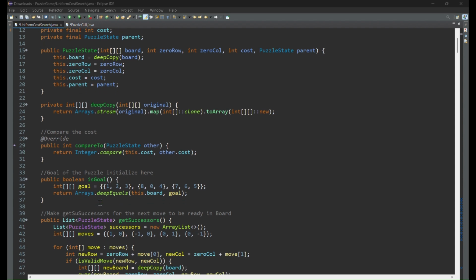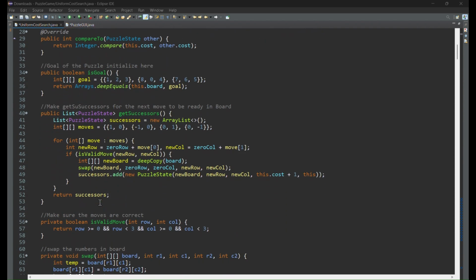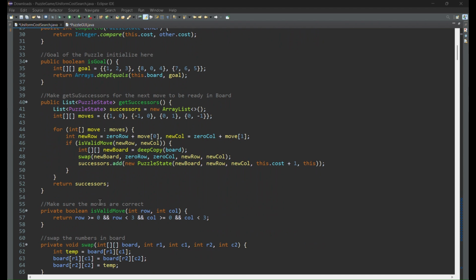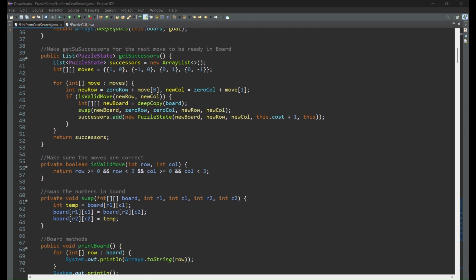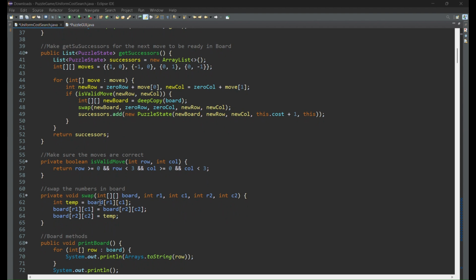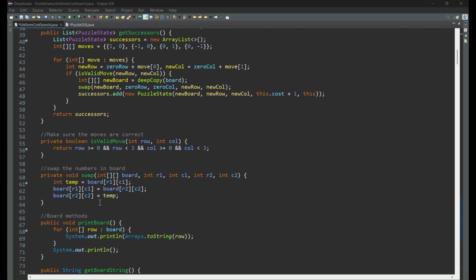In the getSuccessors method, we generate all valid moves that can be made from the current state. For each valid move, we create a new puzzle state, increment the cost by 1, and push it into the priority queue. The isValidMove method ensures that we don't move the empty tile out of bounds, and then the search process uses a priority queue to always expand the least cost state first. Once the goal is found, we backtrack to generate the solution and store it in a queue